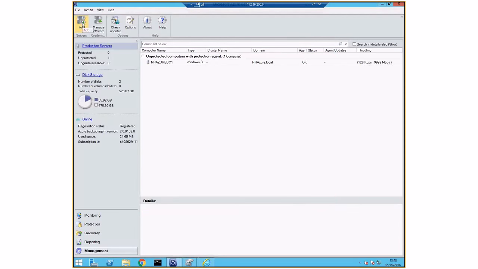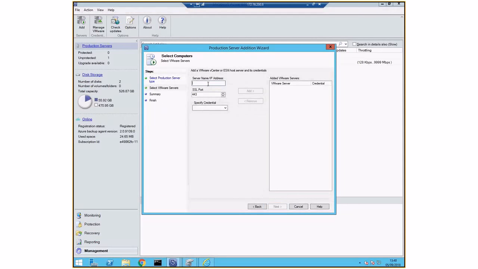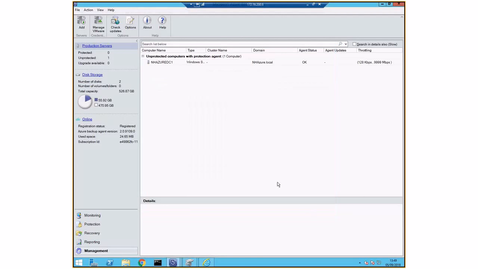If you're looking to get backups from VMware, the option is, of course, to select the VMware server and click on Next. Here you need to provide the VMware IP address, the port, and the credentials as well. This backup tool basically needs to talk to and get into your VMware running ESX or running vCenter.